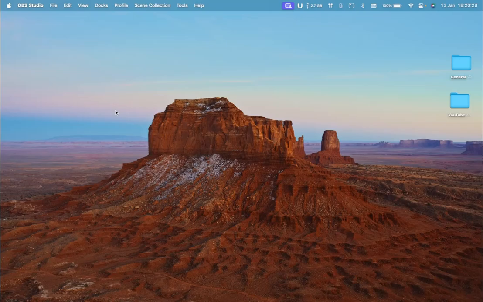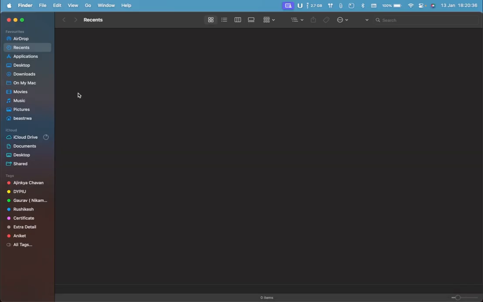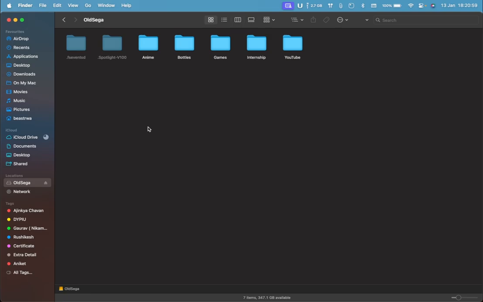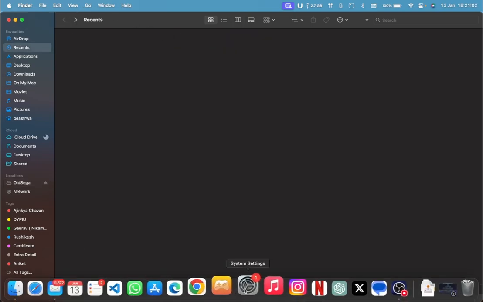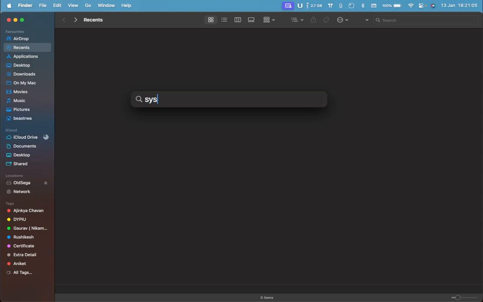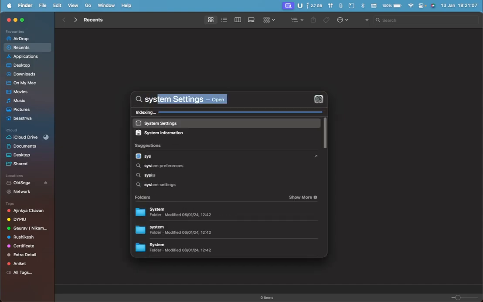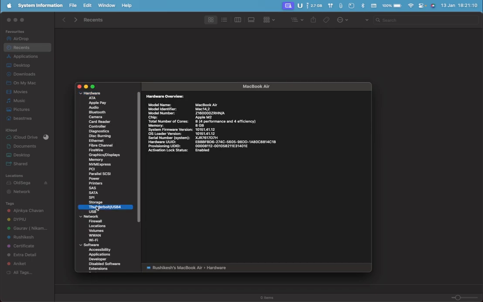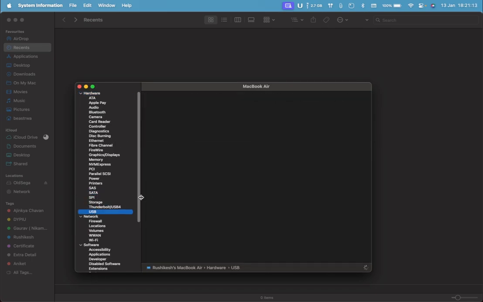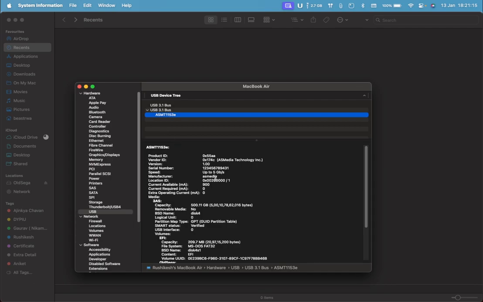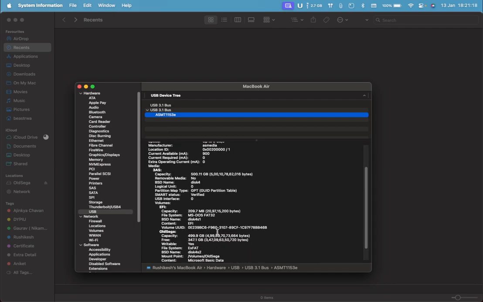If you want to install a game on an external HDD or an external SSD, then you must follow these steps. First, you must connect your SSD or an external HDD. As you can see, I have my old Sega SSD, and to check it more, let's go to the system information and go to the USB. And as you can see, I have connected my, it says HDD,